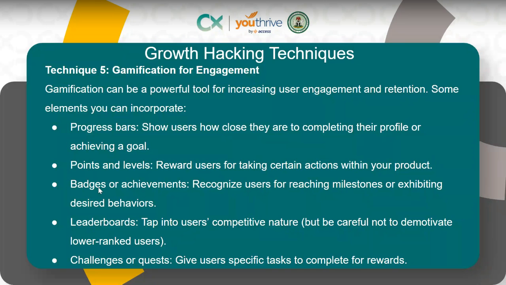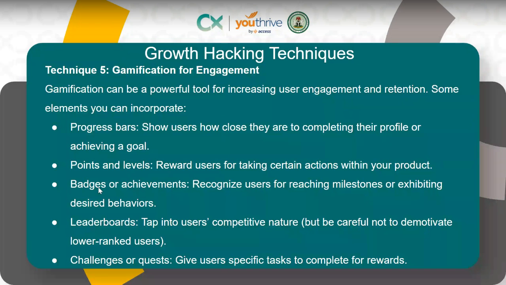Points and levels. I know even Snapchat has levels. In fact, by the time you start sending snaps with someone, they start giving you a streak. You start getting a streak for sending snaps to people every day. Even this Bible app, YouVersion too: if you open it every day, you start getting a streak. You know that you've been consistent for 20, 200 days. So in a way, those kinds of things help people know that they are making progress, especially if your product is a productivity tool, or even a social engagement tool.